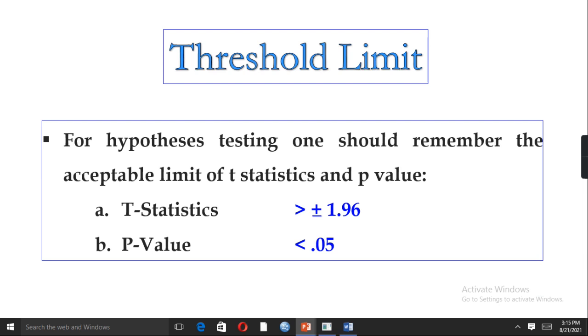For remembrance, in order to test the hypothesis, we should remember the threshold limits of t statistics and p value. The t value acceptable limit is that values must be greater than plus minus 1.6, and the p value threshold limit is that values should be less than 0.05. So have a look at the practical demonstration.